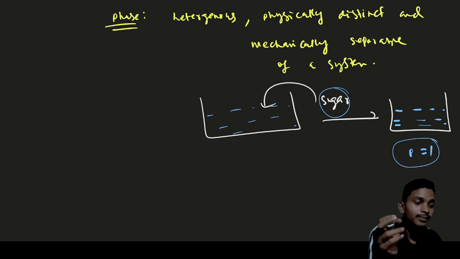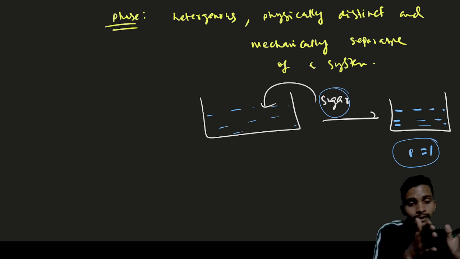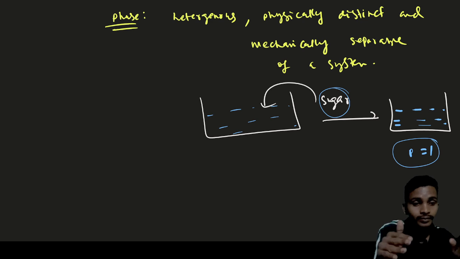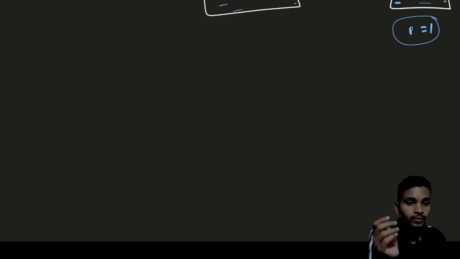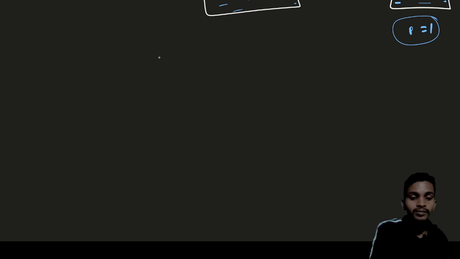So phase equilibrium means that phases of different substances, different objects, if they exist in equilibrium, then we call that phase equilibrium. As we proceed through this chapter, we will understand that different states of substances exist in equilibrium. Some rules we will discuss about the phase,